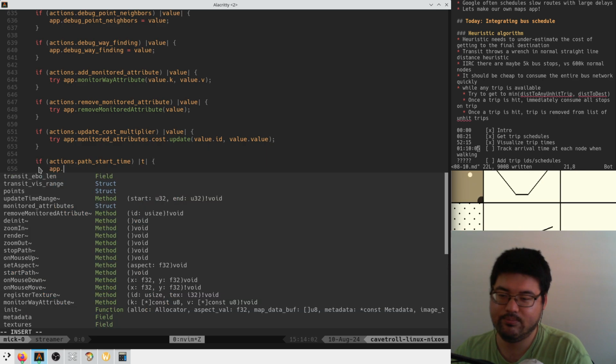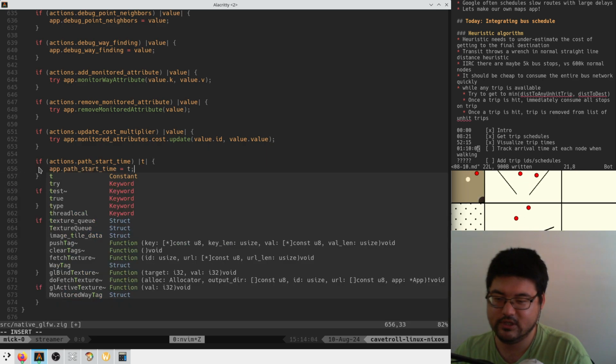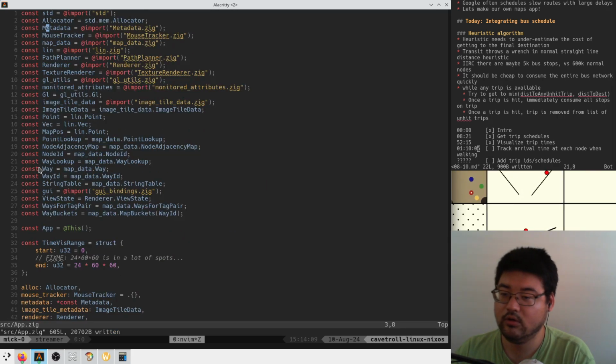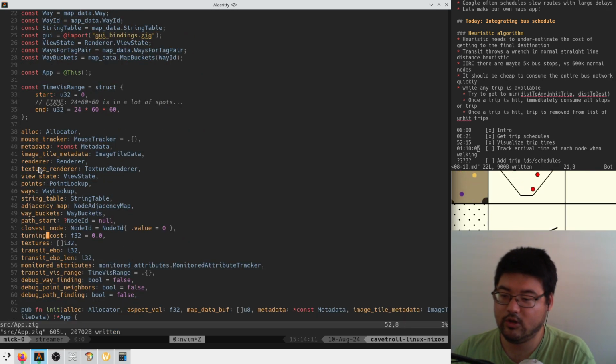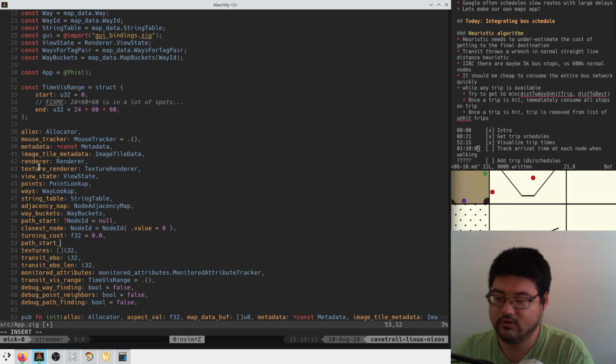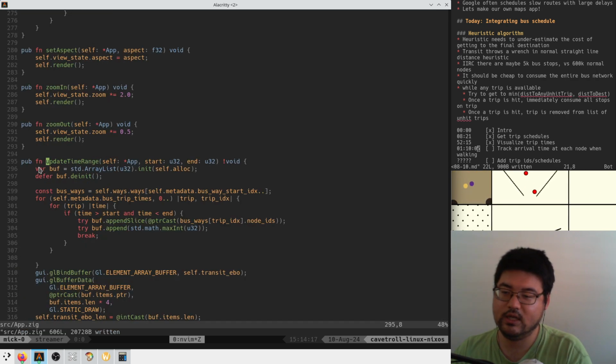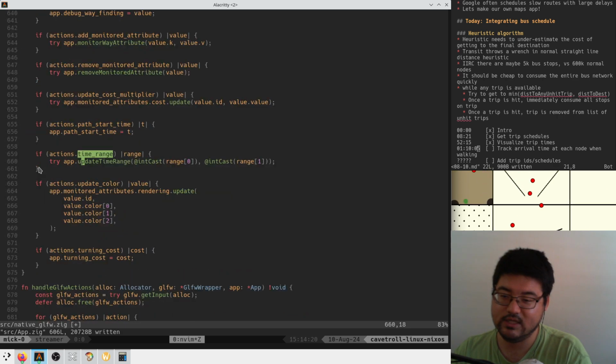And we'll say like app path start time is equal to t. Boom. Sure. Path start time. And this is going to be a U32, which means that here we have to int cast,